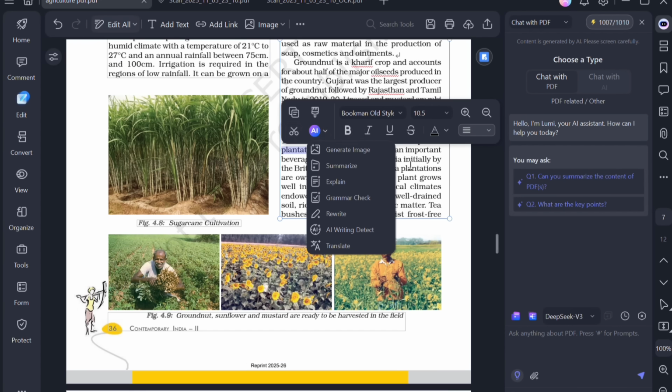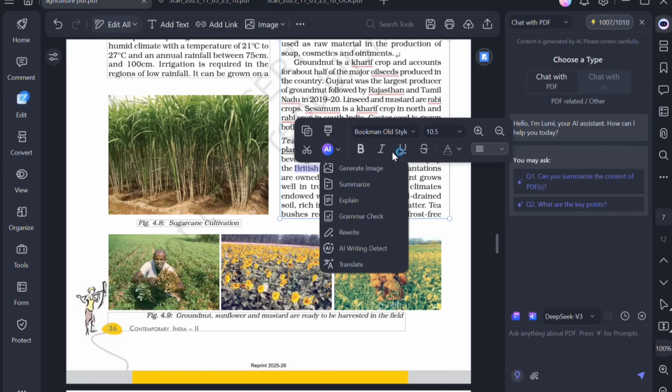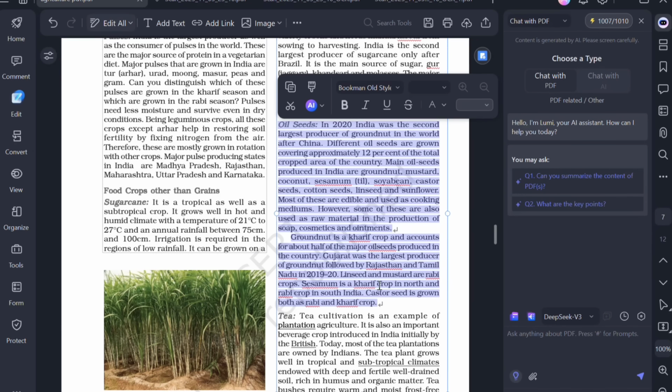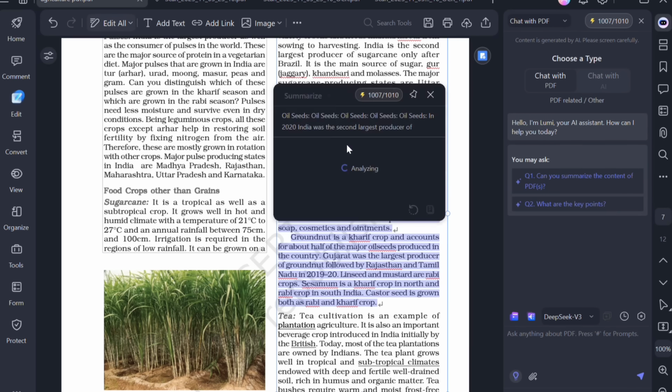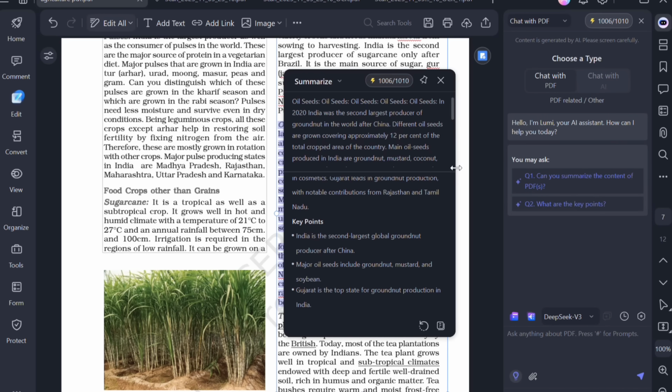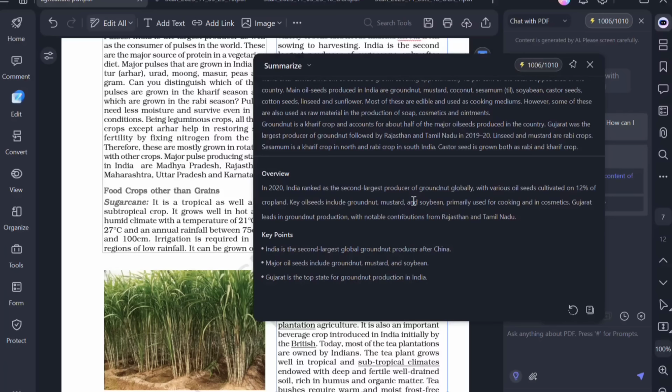Now if you're not able to understand any particular topic, or if there is a super long paragraph, you can just ask PDF Element's AI to explain it in plain terms or summarize it for you to extract the key takeaways from that long paragraph. This feature works with your handwritten notes as well. It will save your time, and it will actually help you study smartly. As you can see, I have summarized this really long paragraph into key points, which will make it easier to learn, and also preparing for my board exams will be so much easier with this feature.